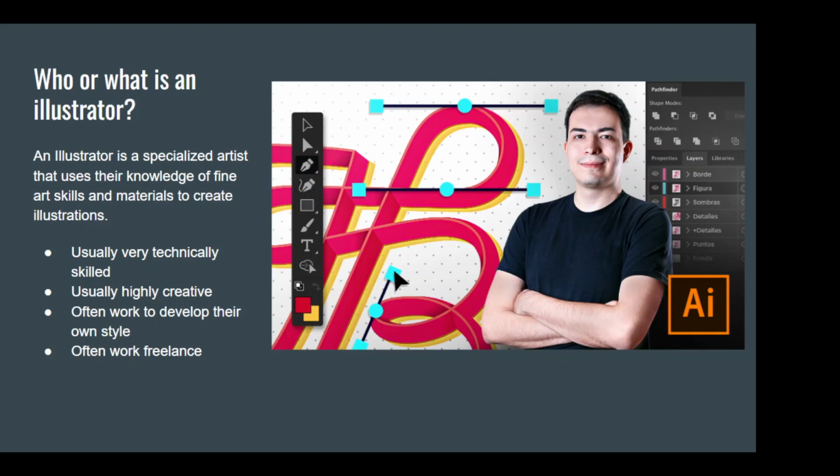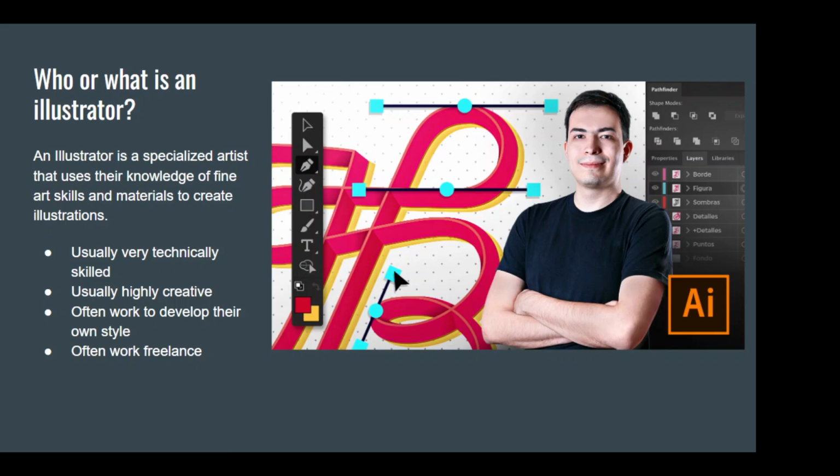Not only are they technically very skilled and very knowledgeable in art and graphic design, but they typically tend to be highly creative people. They have to be outside of the box kind of thinkers. So they have not just that technical skill, but they have that imagination to go along with it. Again, this is why I consider them the rock stars.